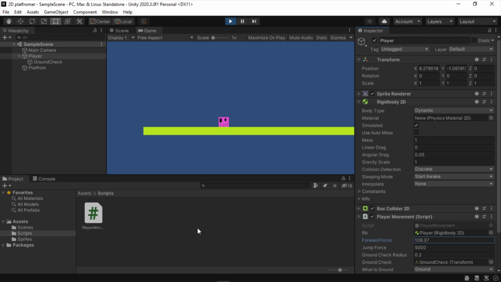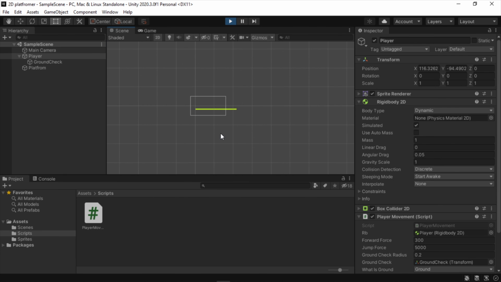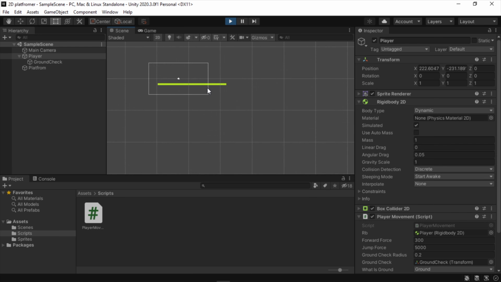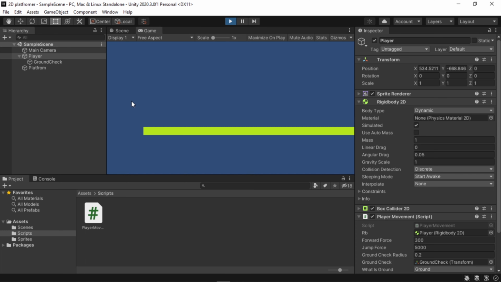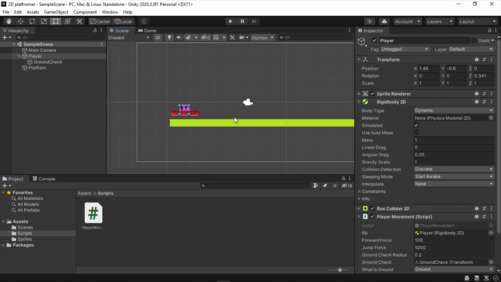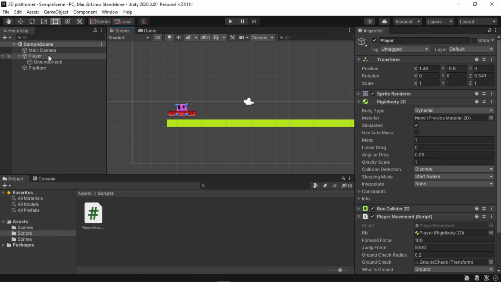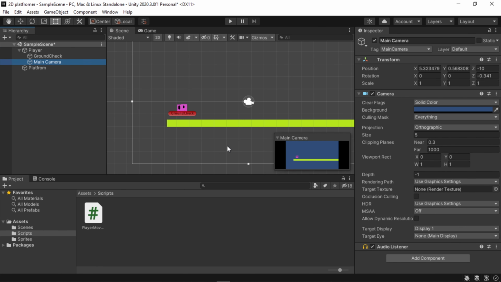In our next video, we're going to make our camera follow our player. Right now, if I extend the platform a little bit and hit play and maybe bump up the forward force, you will see that the player just goes off screen. So what we need to do is make a camera follow system. One thing we can do, like you have already seen with the groundCheck object, is drag and drop the main camera onto our player, and it's going to act as a child of our player, so it's always going to follow our player no matter what.